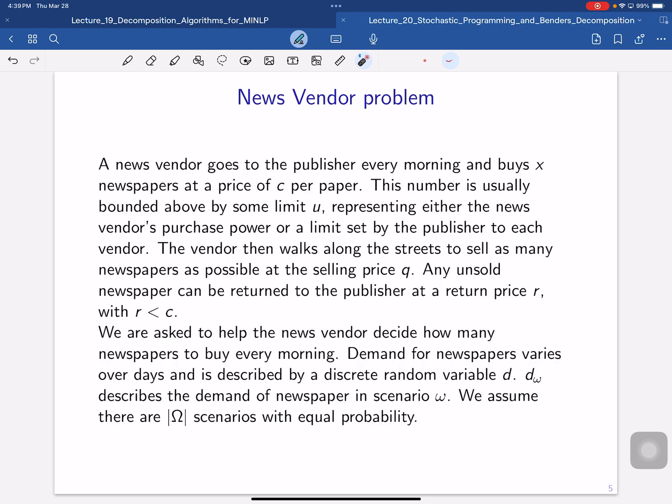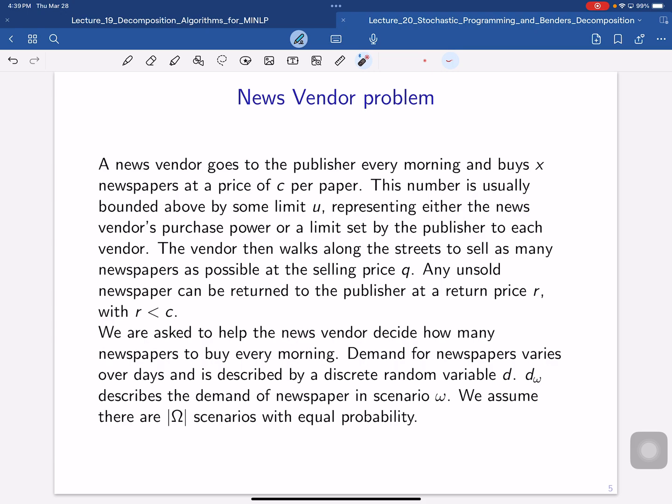Then after this vendor buys all the newspapers he or she needs, he will go to the street to sell as many newspapers as possible at the selling price Q. And if they cannot sell all the newspapers, they will return them to the publisher at a return price R. Of course, R is strictly less than